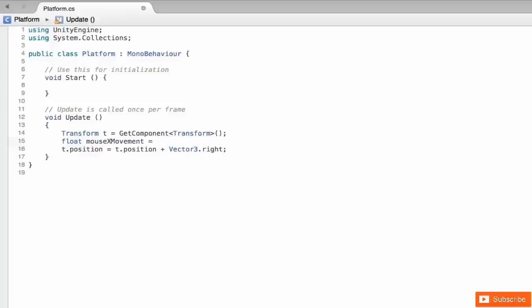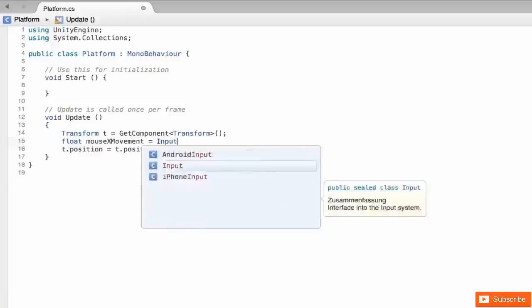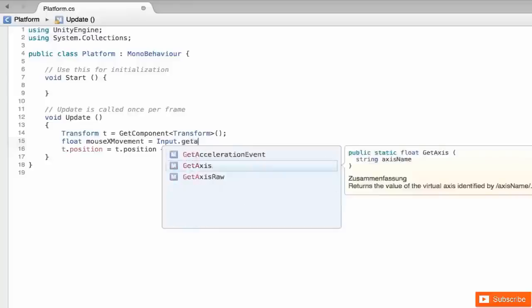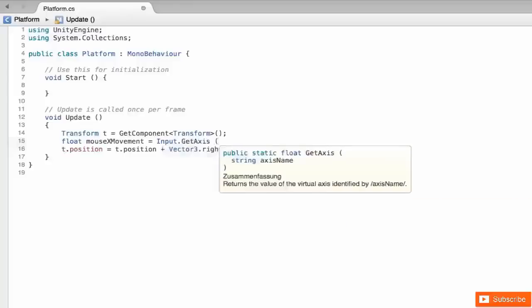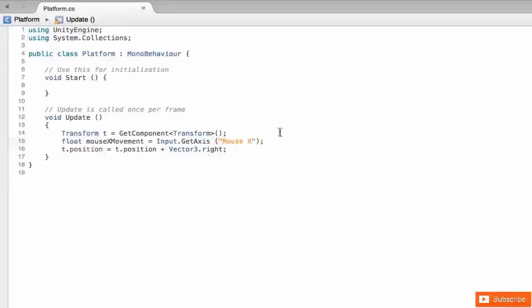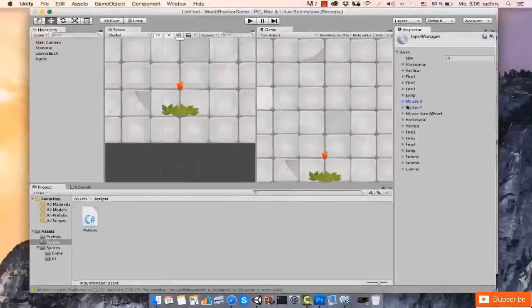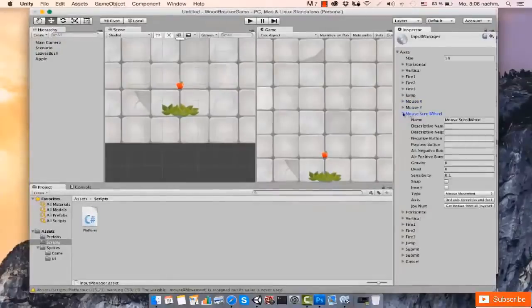To get access to that, we need to go to the class Input, which is the class that handles any sorts of inputs, be it keyboard, mouse, anything like that. And then we type GetAxis, which is the function that will return the value for an axis that we define. In our case, we want to type mouse X here because, as you can see, if we go back to Unity, they have a name, and this is the name that we need to pass in to retrieve the value. Any of these axes has a specific name, and you need to pass that as a string